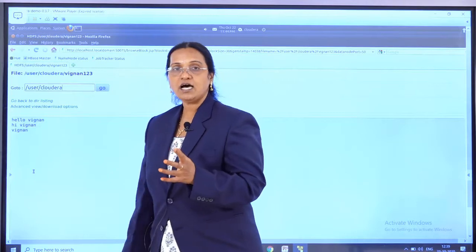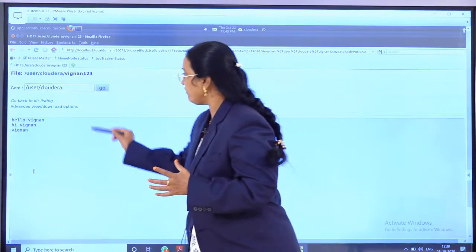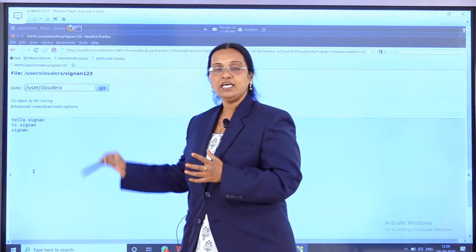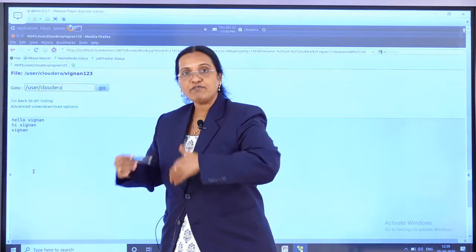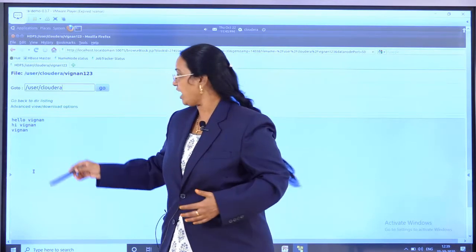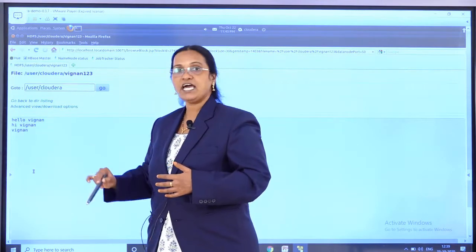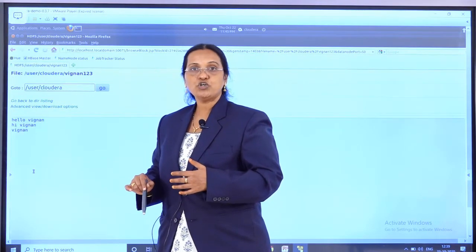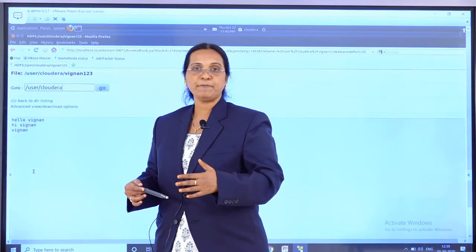So what will the word count jar file be doing? The word count jar file will come to this input file, which is called Vignan123, which is there in the HDFS, and will perform the analysis. What analysis is it going to find out? How many number of times hello is there, how many number of times Vignan is there, hi is there, Vignan is there, likewise. So to do that, first the mapper code will be running, then the reducer code will be running, and